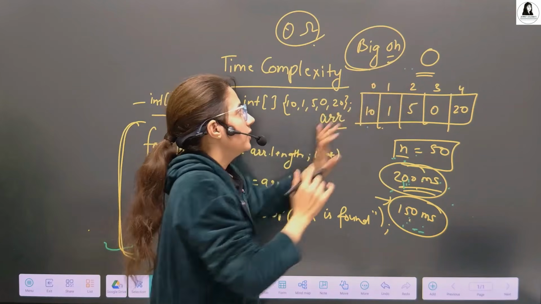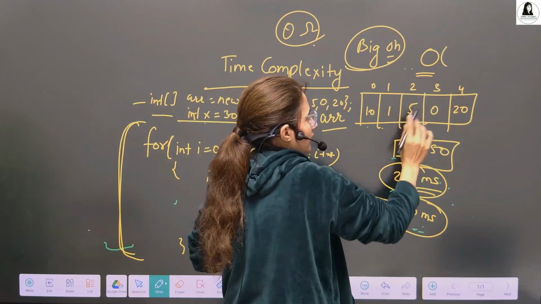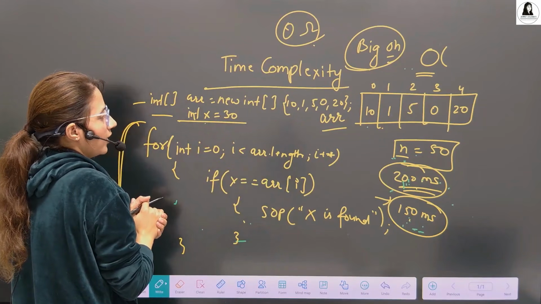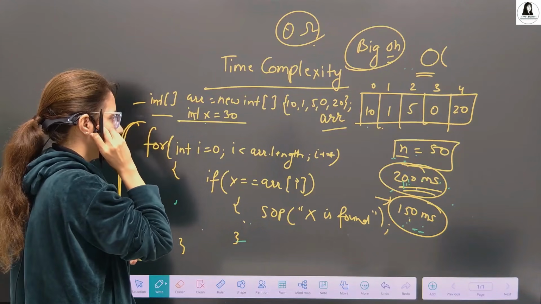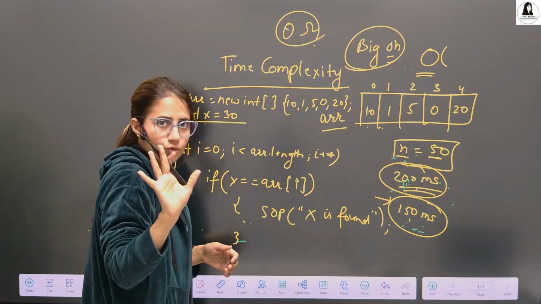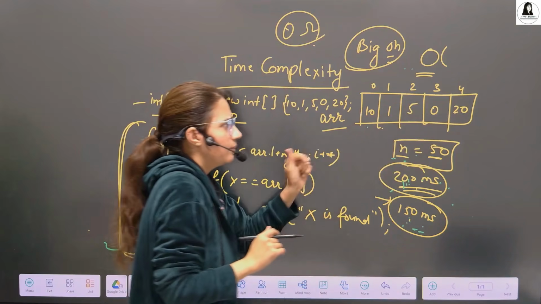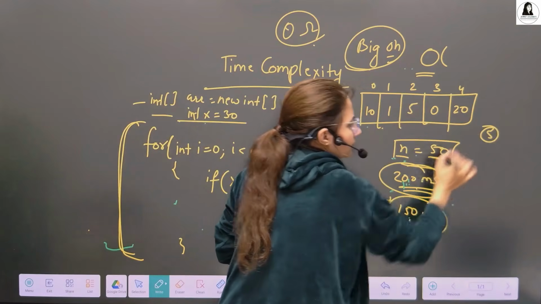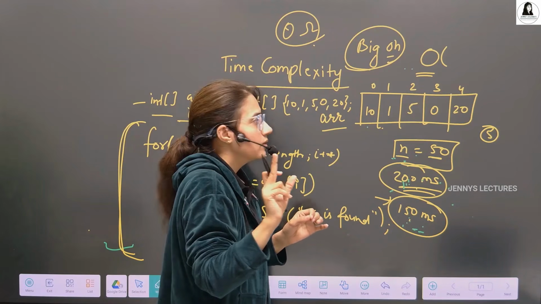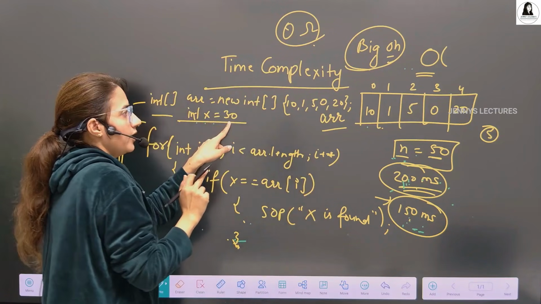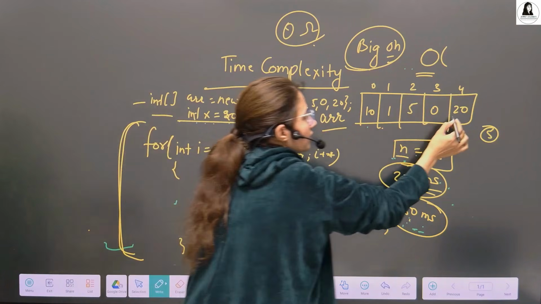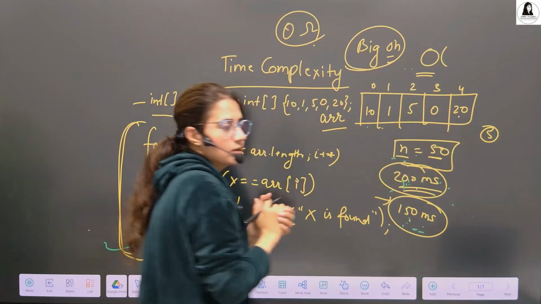Okay. Here, if you want to calculate the time complexity of this, then you have to calculate the number of comparisons. Now in this case, if n is suppose 5, the number of comparisons is 5. In the worst case, I'm saying worst case means the element you want to find is the last element, suppose 20. So the last element 20. So you have to compare with all the elements.